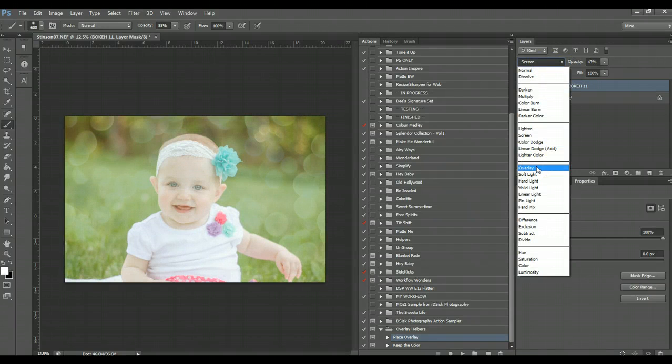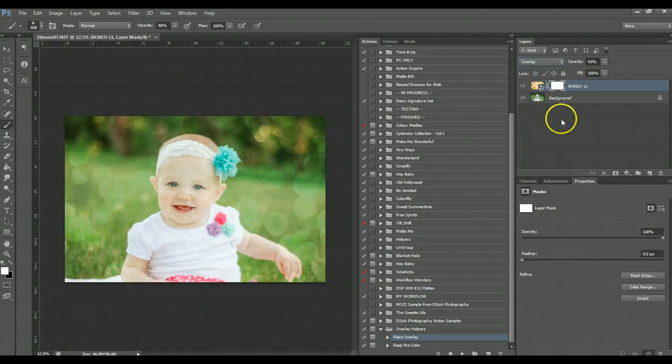The best thing is to mess around with the blend mode over here until you find the one that works for you. Alright, so I like this one, and at 45% I reduced my opacity, and I like it on the skin. It's brightened it up and added a little bit of warmth, but it's got that bokeh on it,